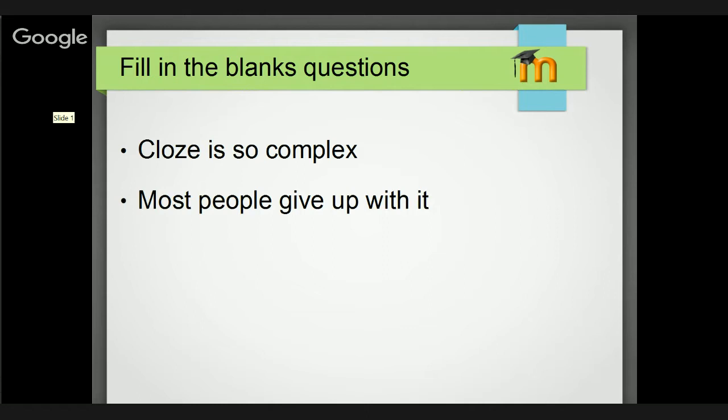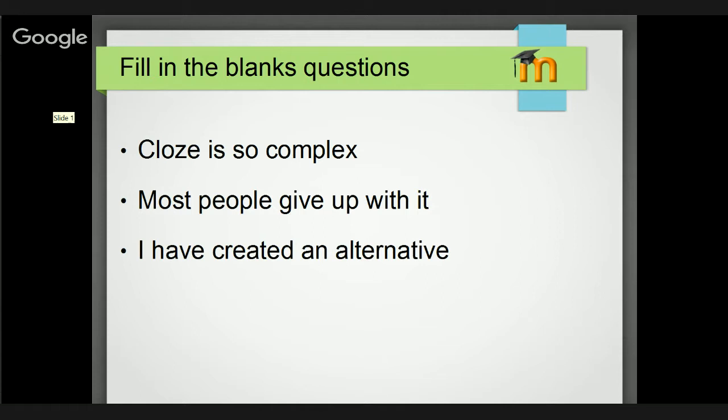I was at a Moodle Moot 2 years ago, in a room full of 80 people, and if you think that people who go to a Moodle Moot are probably fairly keen, I asked for a show of hands of who could create Cloze questions accurately off the top of their head, and only one person put up their hand. And it turned out that one person was one of the main developers of Moodle, so you'd hope they'd be able to do it. So because of the complexity, and because I'm a big fan of ease of use and good interfaces,